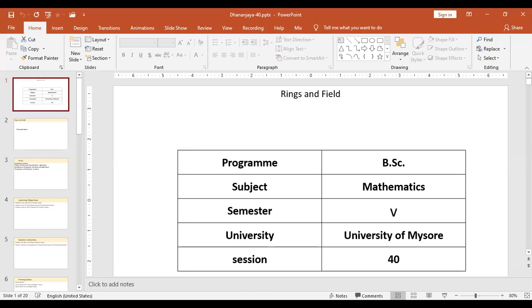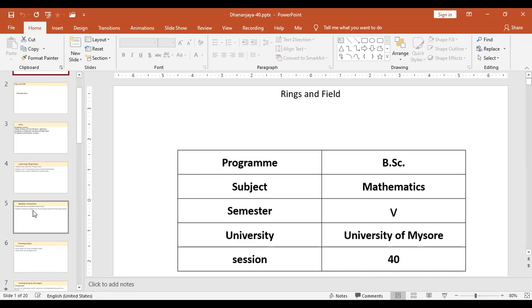My topic is Principal Ideal. Before going to know the principal ideal, we must know the ideals, the left ideals, right ideals, properties of ideals, and also how to identify the given set as an ideal. That means I need to find out the left ideal and right ideal in the given set. What is meant by the principal ideal?